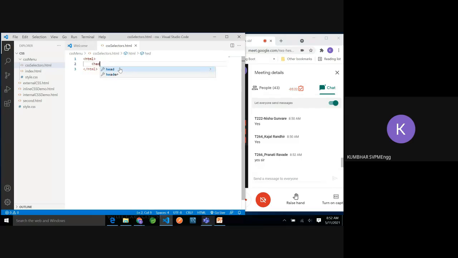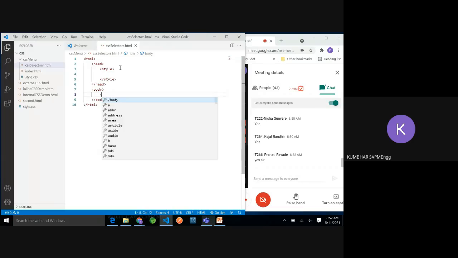Then inside that head, I am going to define the internal style. Then the body. Here I want to display some element. Then again we will go with the same element, h1.